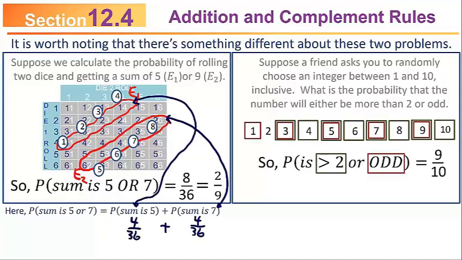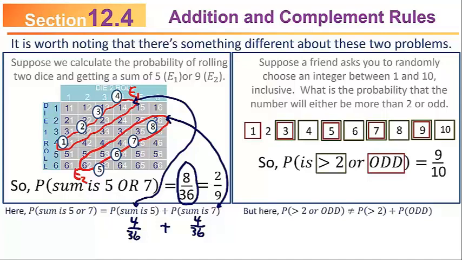In other words, there were 4 events that gave me a sum of 5. So the probability of getting a sum of 5 is 4/36, but there are also 4 that gave me a sum of 8. So the probability of getting a sum of 8 is also 4/36, and 4/36 plus 4/36 is 8/36. But if you look on the right side, the probability that a number is greater than 2 or odd